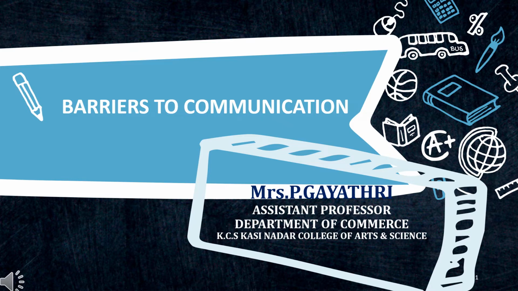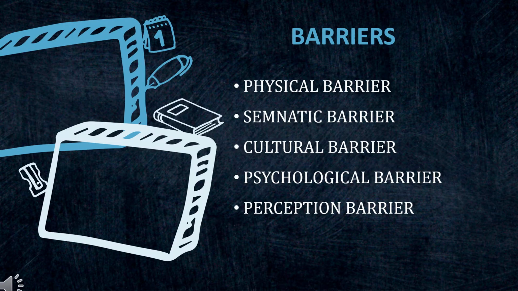In this video, we are going to see about the barriers of communication. Communication is effective if it flows freely in a communication loop between the sender and receiver. Free flow means uninterrupted transmission of the information through an appropriate medium, correct comprehension of the message by the receiver, and a relevant and appropriate feedback from him.